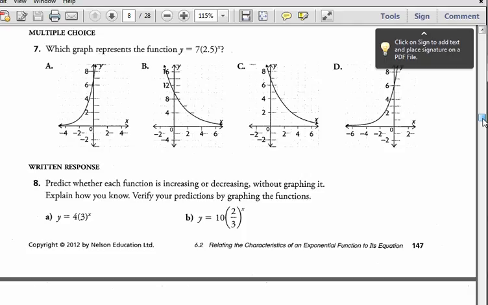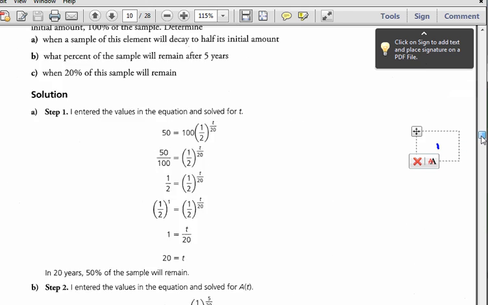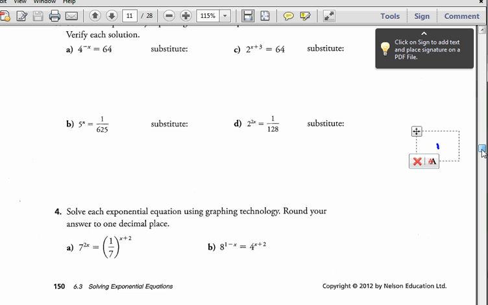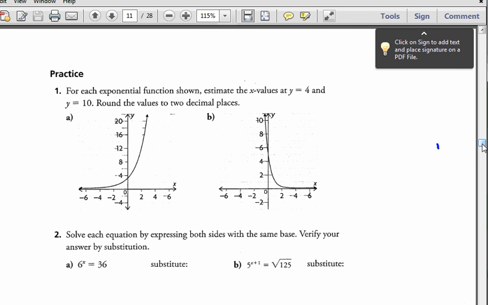Okay, so your homework for the first portion of 6.3 starts on 150. So day 1 runs all of this until,